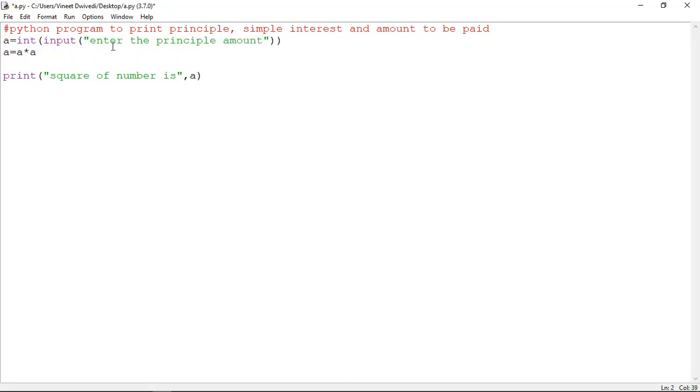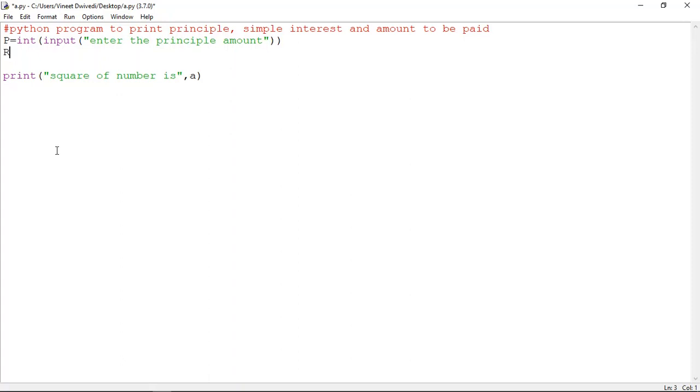okay. Then suppose the variable name was p here, you can write any variable name, that is not a hard and fast rule that you have to use this only. Any variable name can be given, but be careful, whatever the variable name and whatever the casing you are using, that should be similar. If you are writing capital P, then capital P should be used. If you are writing a small p, then a small p should be used. So in this we have written enter the principal amount,